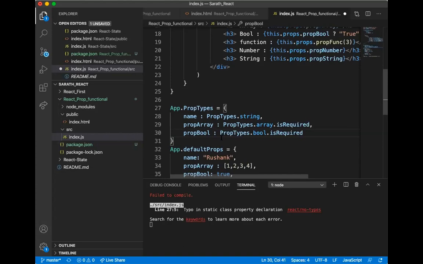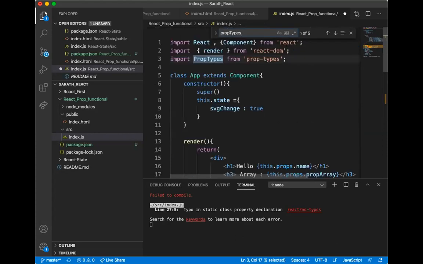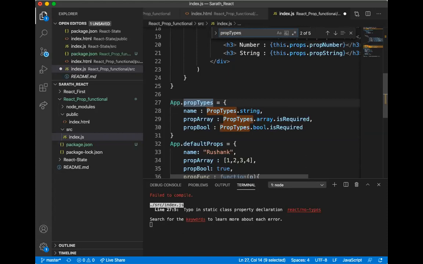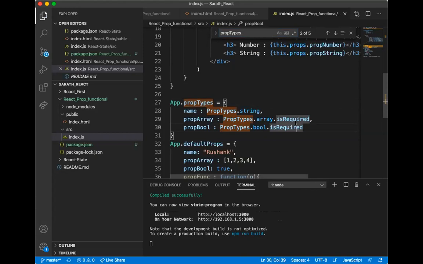It is not capital P, it is small p, propTypes. I think it should run now. Yeah, bool I have declared.